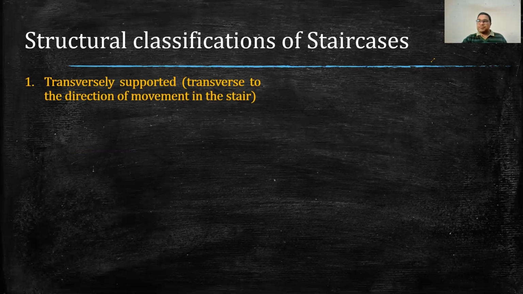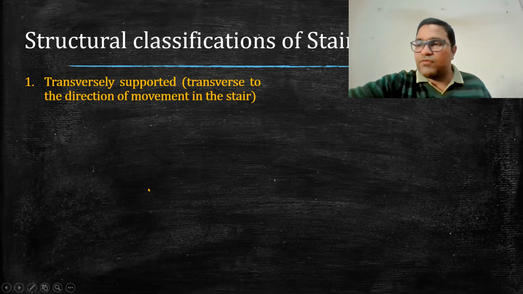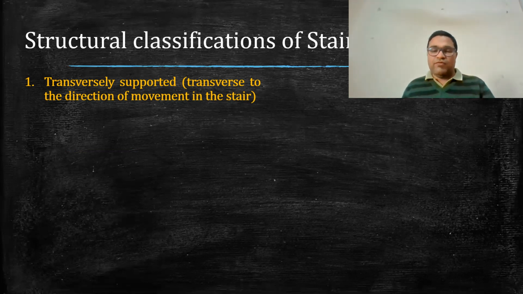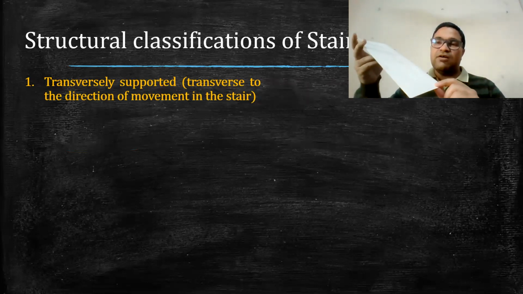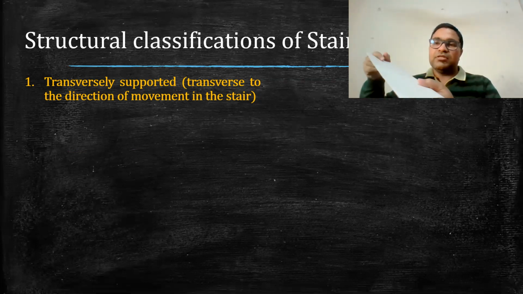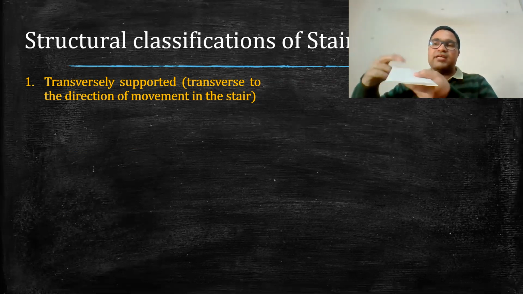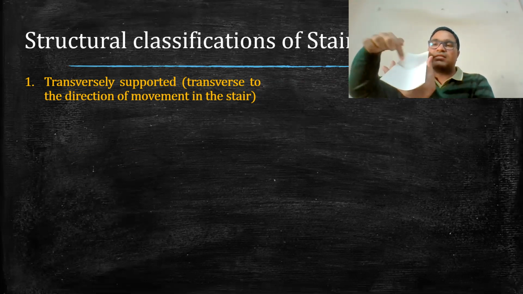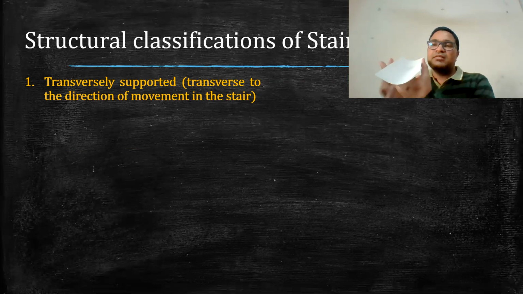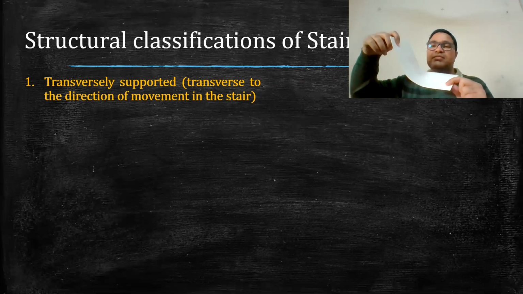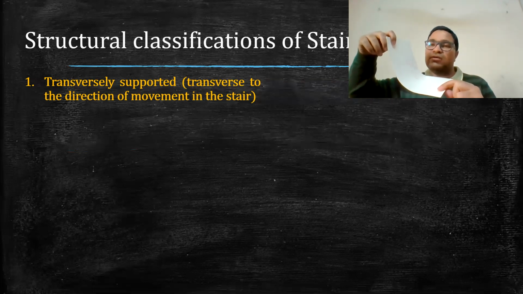Well, in this case, generally the bending of the staircase will be along the steps. For example, just imagine that this is a flight of staircase. So there are two options. Either it can bend like this, or it can bend like this. So the steps will run like this. So if I bend this in this manner, it means the bending is occurring along the steps. Or if I bend this like this, in that case, it is bending along the flight.